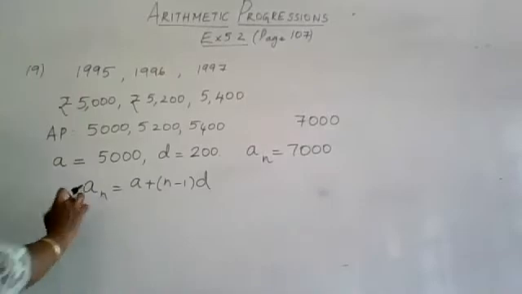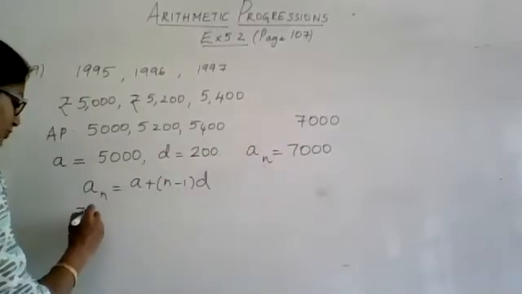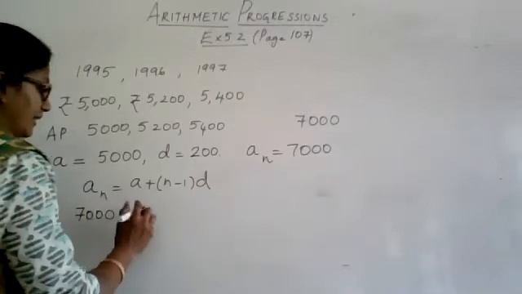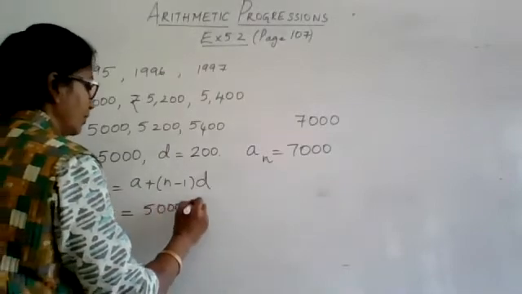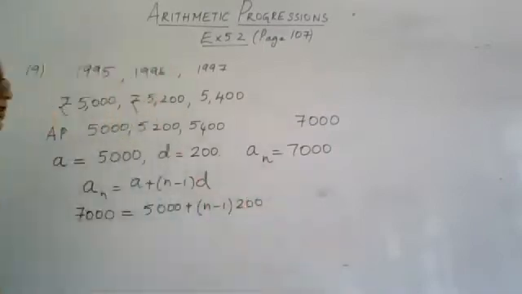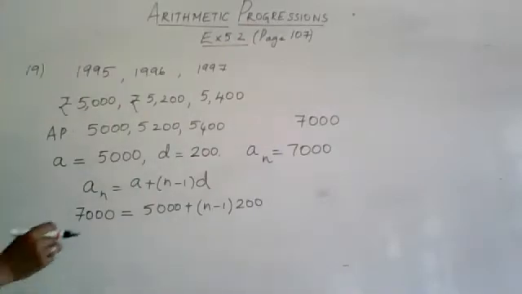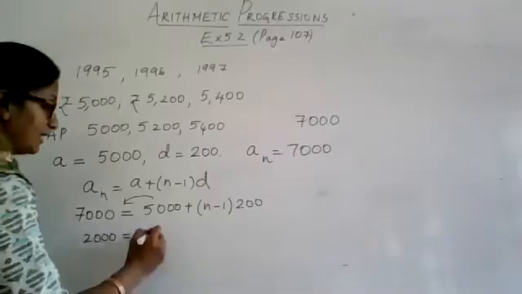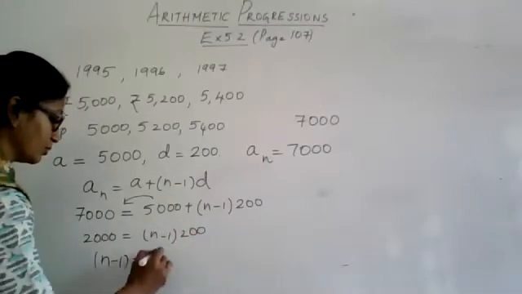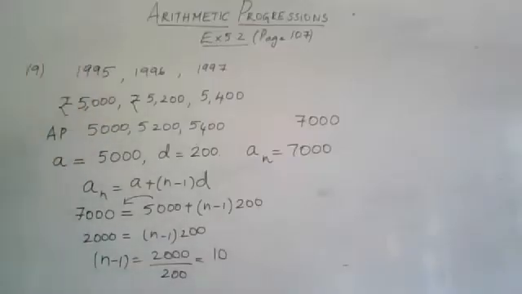So now going back to the formula to substitute, if my nth term is 7,000, I don't know which term it is, I only know that the nth term is 7,000, a is 5,000. Because I don't know n, I have to maintain it as it is. My d is 200. Now solve this equation to get the value of n. Let me see. Do it quickly. It is just a simple equation. n is 11. n minus 1 times 200, or n minus 1 will be equal to 2000 divided by 200, which will be 10.